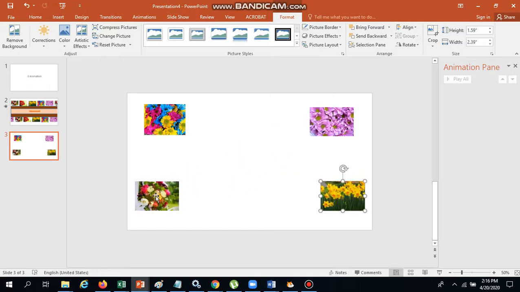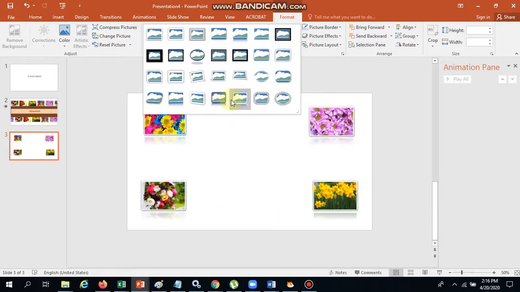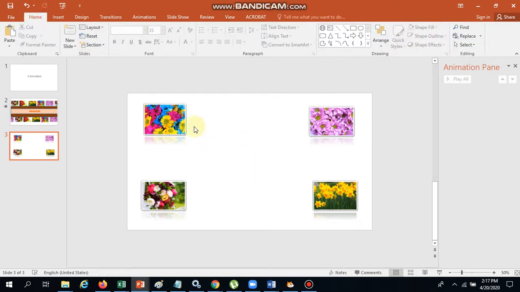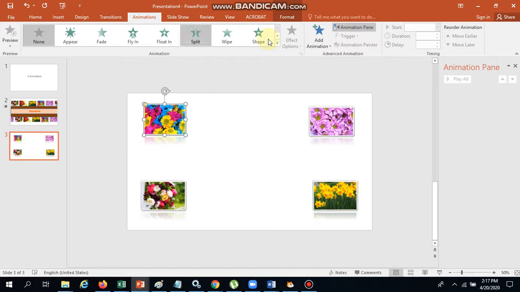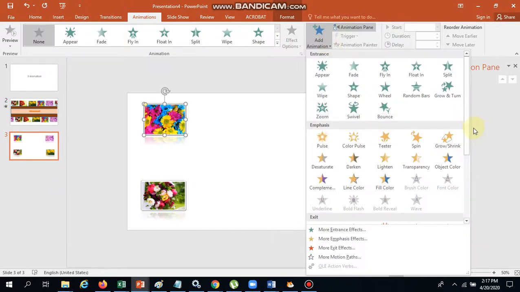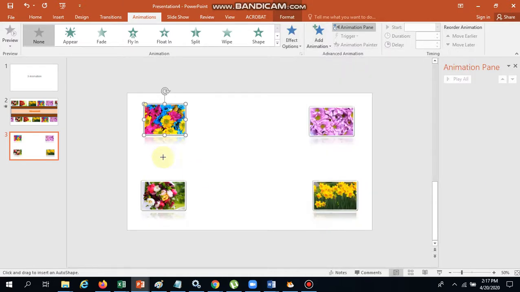Then choose all the pictures using Ctrl A on your keyboard and give any design you like. After this, choose your first picture, go to Animation, click on Add Animation, come down, choose Motion Path, Custom Path, then draw the direction this picture should move: here, here, here and here.